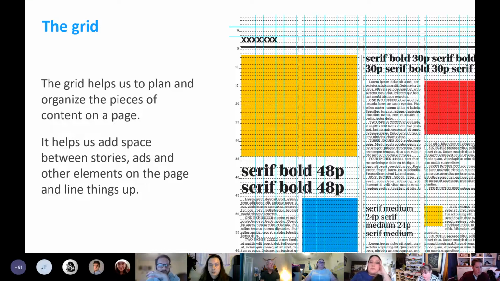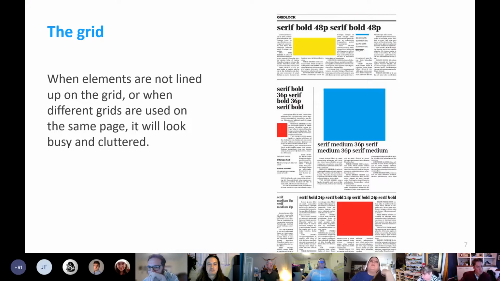And designers use grids to organize content, which is mostly made up of blocks of art and type. To use another analogy, if a newspaper were a building, the grid would be the frame that holds it all together, right? And defines where things can be placed. Like a window over here and a door over there.